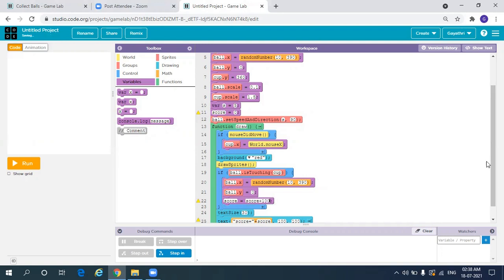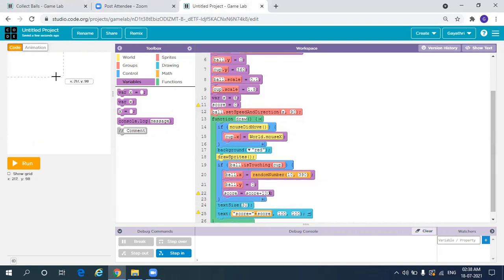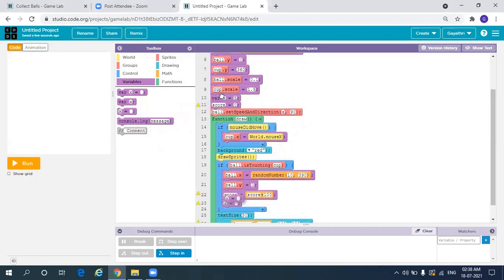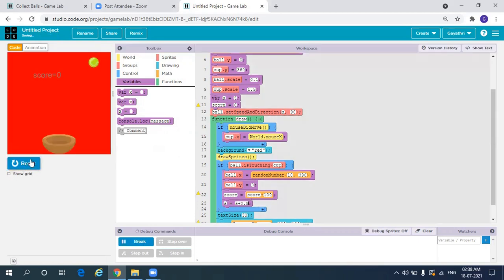Okay, now we have assigned score, but it still won't print on the screen. For that we need to add some more commands. We'll also change the speed. Initially speed was 5, right? Now if the ball touches, then we'll increase the speed as well. For that, again drop x here, and for speed we had given variable s, right? So change x to s. S is equal to s plus 1 if you want the higher speed, or you can just give s plus 0.5. So the ball will move with higher speed when it touches the cup.